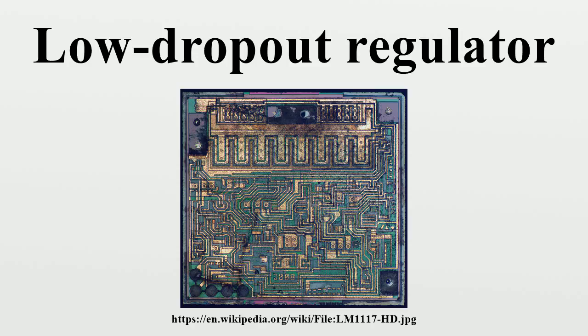Regulation. Low dropout regulators work in the same way as all linear voltage regulators. The main difference between LDO and non-LDO regulators is their schematic topology. Instead of an emitter-follower topology, low dropout regulators use open collector or open drain topology. In this topology, the transistor may be easily driven into saturation with the voltages available to the regulator. This allows the voltage drop from the unregulated voltage to the regulated voltage to be as low as the saturation